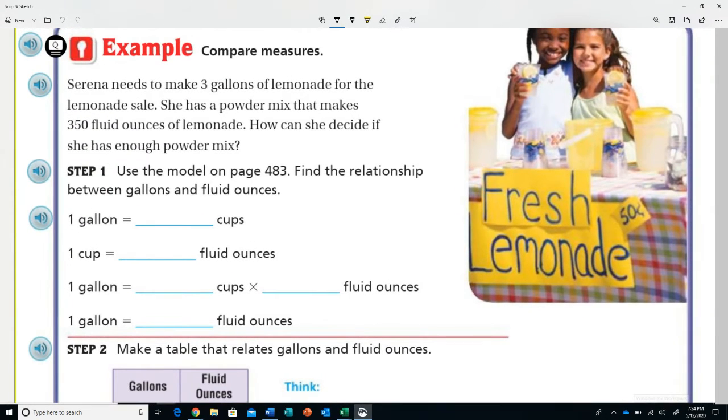I guess that's big enough. You would find that you have 16 cups. Well, 1 cup is 8 fluid ounces. So to find a gallon, you would multiply the number of cups in a gallon times fluid ounces, and you would find that a gallon